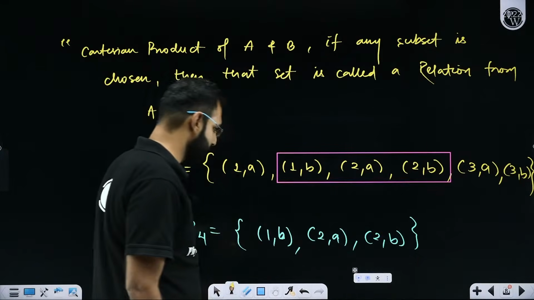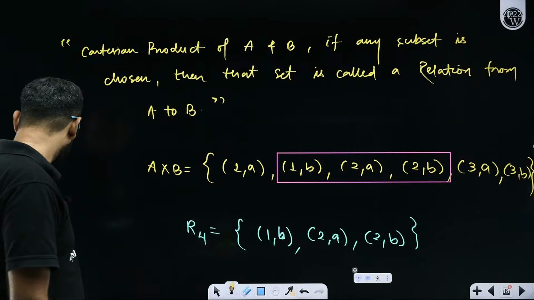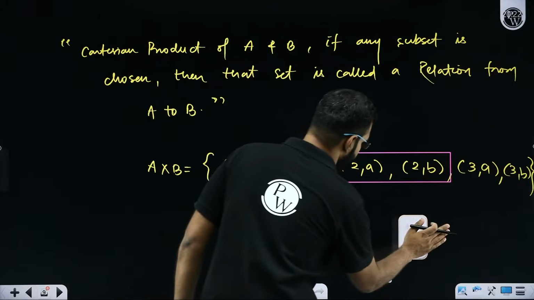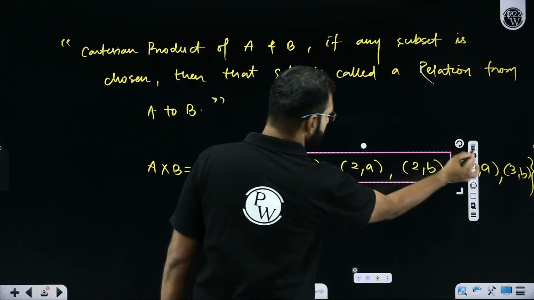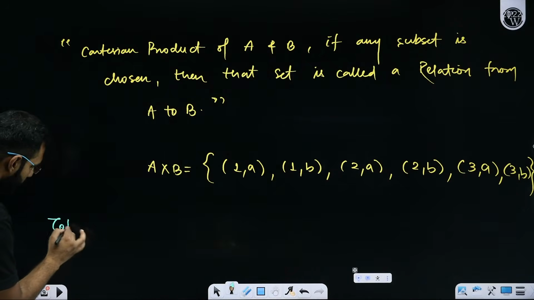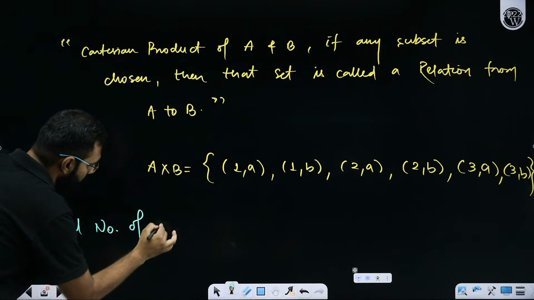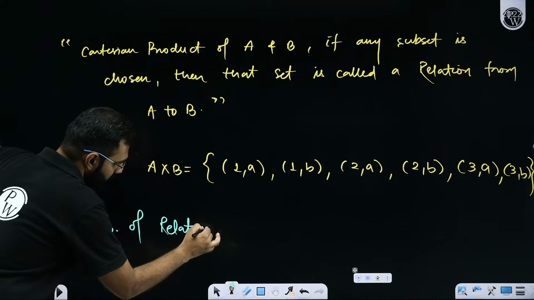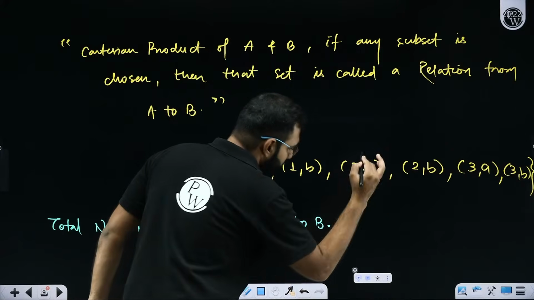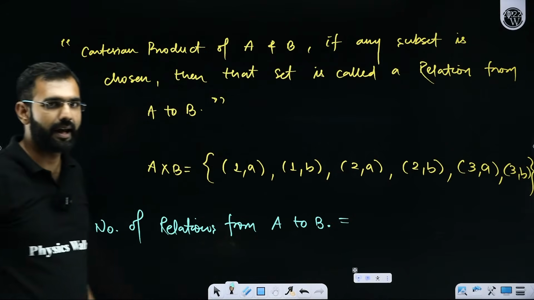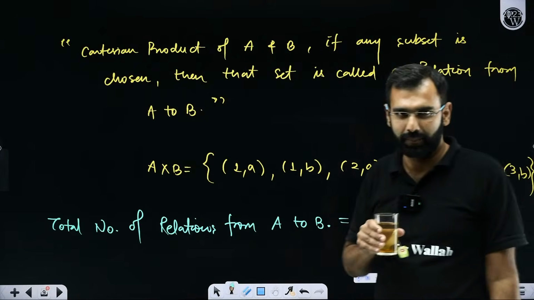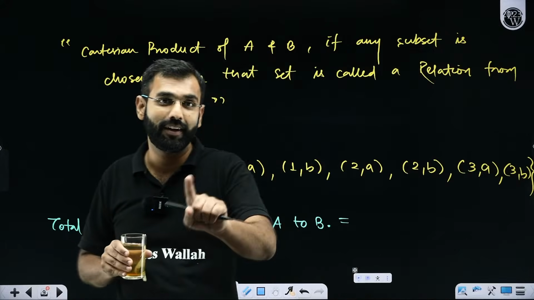Shall we come back to the discussion we all are having over here? Now, if I get back to the discussion where I'm asking you the total number of relations from A to B, what will be your answer in that case? I am asking you the total number of relations from A to B. What would that be? Can somebody answer that question in the comments? I'll be really glad and happy if you could tell me. What could be the total number of relations from A to B? Can somebody help me? If you want to know, the hint is in the last session.